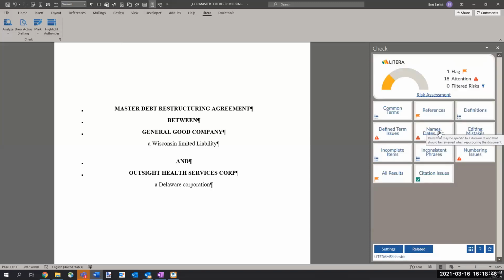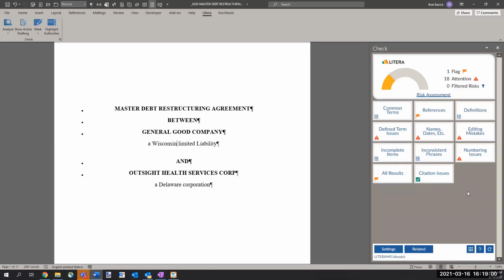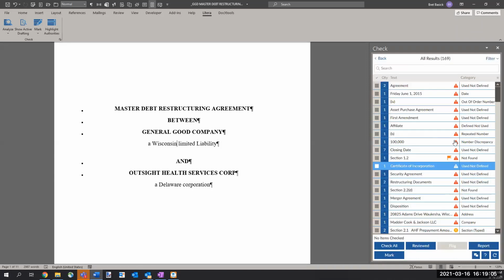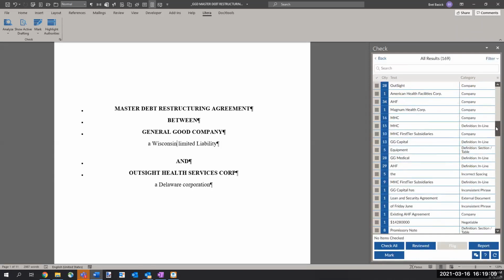If you'd like to go via categorical view, because that's the way your brain works, and you want to say, I want to do my definitions and defined term issues first, I can simply come here to my defined term issues and go down the list. Maybe you'd prefer to have the sledgehammer approach where you just say, give me everything in the document and just go to all results. And then from the top down, you can view every result that we find within the